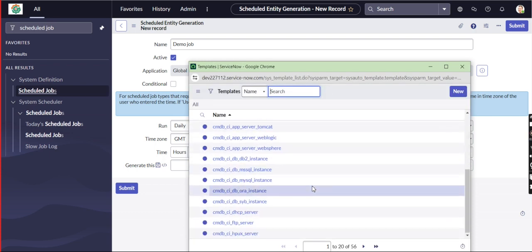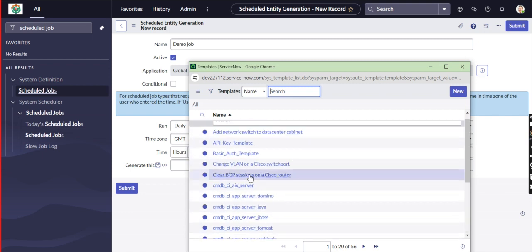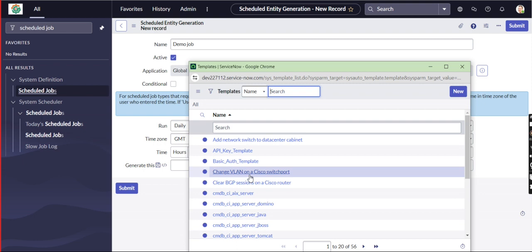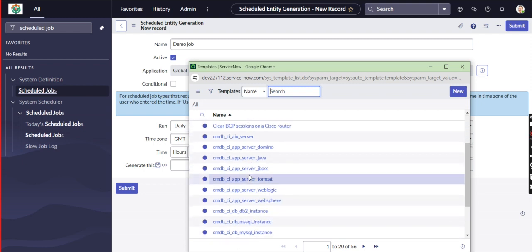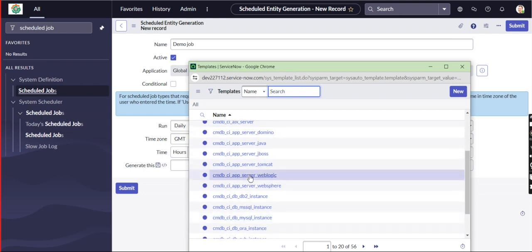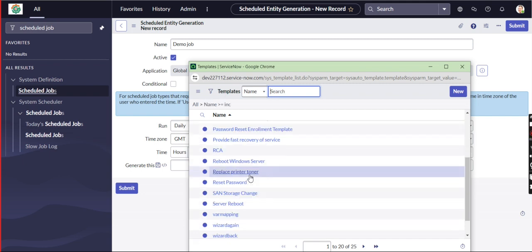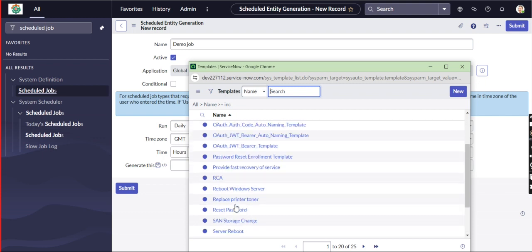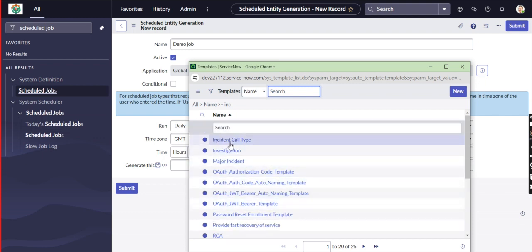Which type of template-based report do we do? That is CMDB-based or INC, check here. Incident call type, which template-based scheduled job we do.